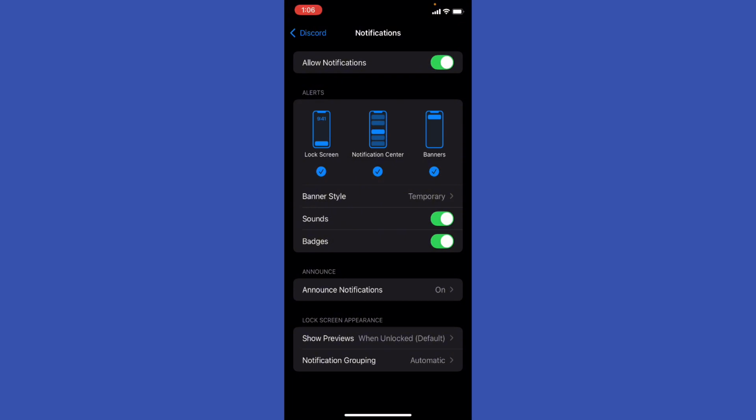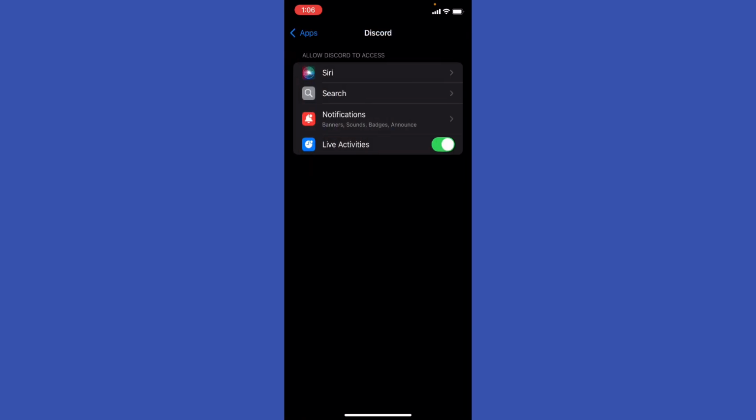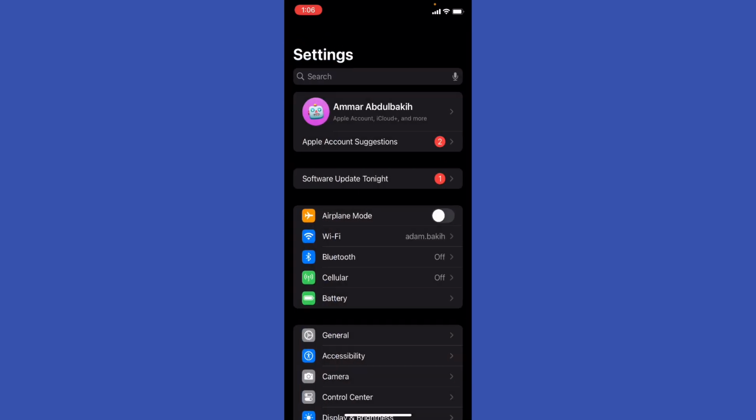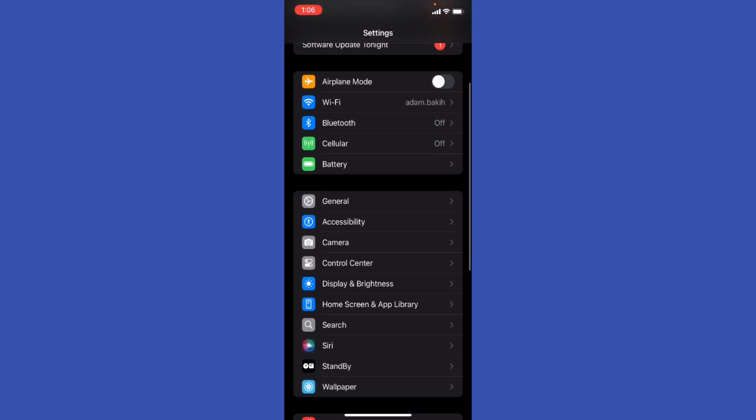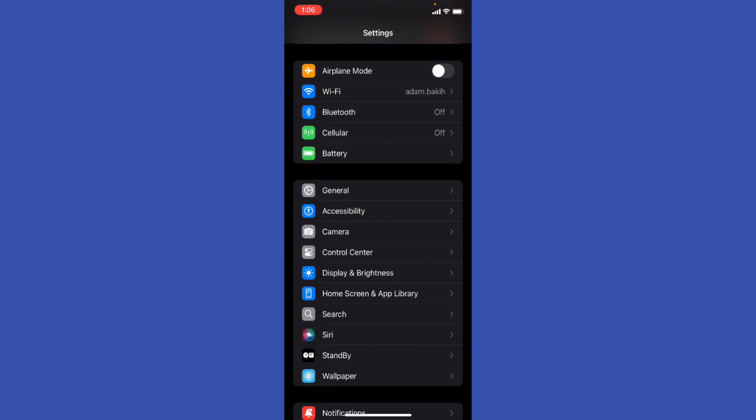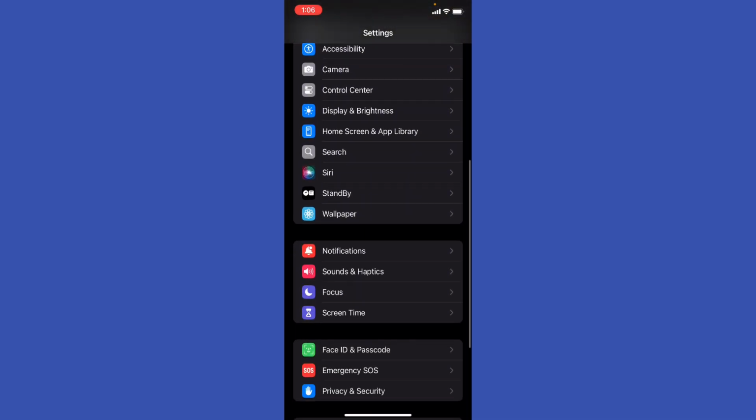ringtone basically, right? So what I'm gonna do, I'm gonna change the whole system notifications, right? If I'm using iPhone, but if you're using Android, probably you'll be able to change the notifications for that specific app. Okay, so I'm gonna go ahead to the notifications,